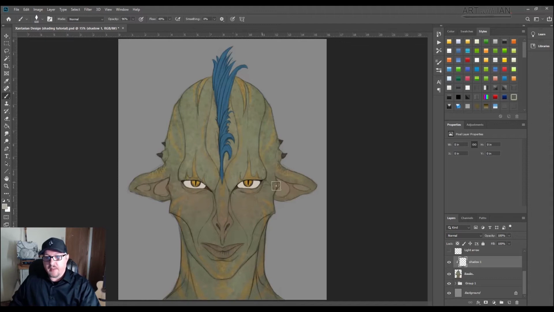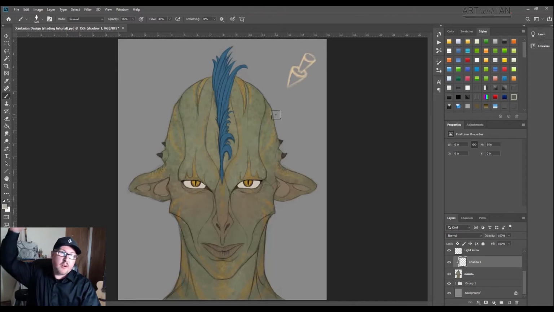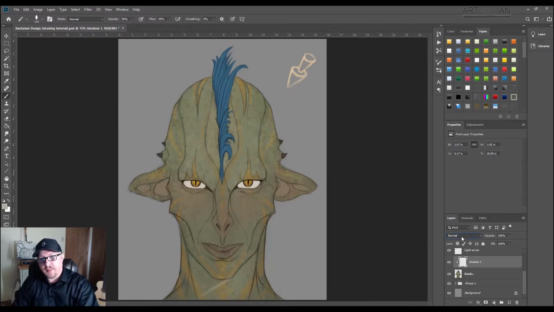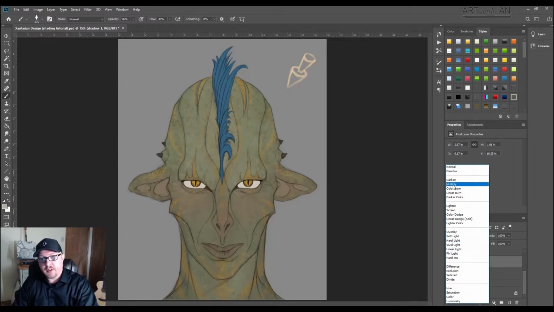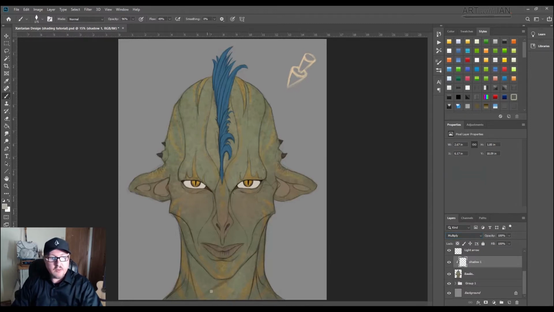Now what I've done to help show you what my lighting setup is I've created an arrow. So this is what lighting I want to use. I want to have the light coming down over my right hand shoulder at this kind of an angle. So his chin would cast a shadow, and you'd get, oh, I got to set it to multiply. That's what this is all about. Multiply. So his chin would cast a shadow,